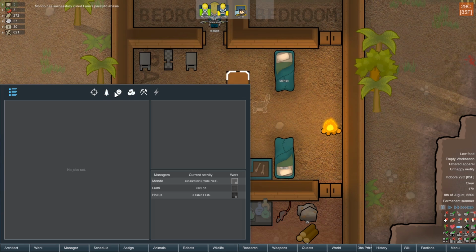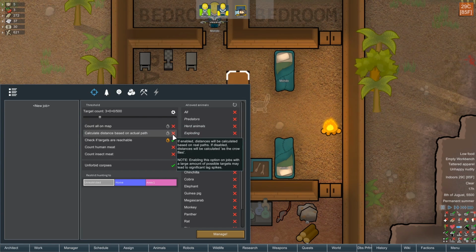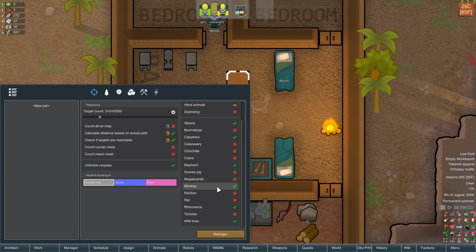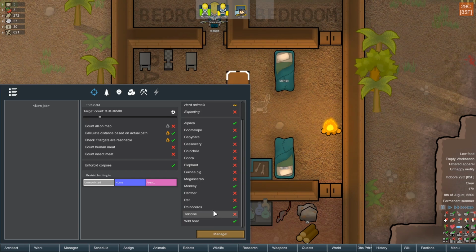Final thing, then. Like I said, we will set up a hunting job. So let's go for... Calculate distance based on actual path is probably going to be very central this time. Bear in mind, we've got to go all the way around that mountain. Let's go any herd animals, but no exploding animals. I don't know what they'll actually... Oh, elephants, though, seem a bit dangerous to try and hunt. No elephants, no rhinos. It leaves us with capybara, monkeys, or...